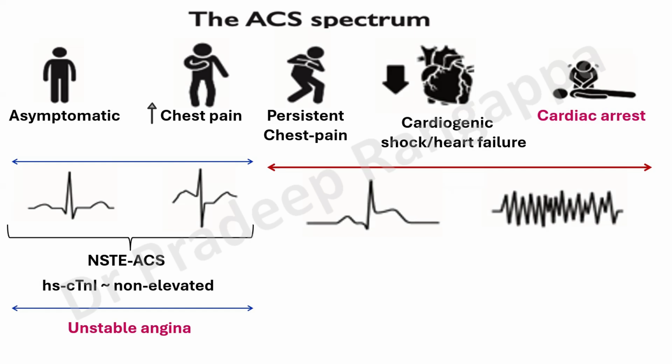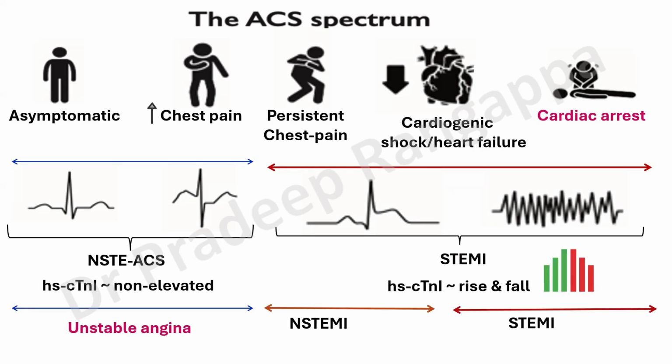In ST elevation acute coronary syndrome, the high sensitivity cardiac troponin may not necessarily be elevated, and this can be seen in unstable angina. But typically, in the patients we see with STEMI, who come with cardiogenic shock, there is a rise and fall of these cardiac enzymes. And this spectrum can be anywhere between non-STEMI and STEMI. So there are a lot of variations with regard to the ECG findings, corroborating with the clinical context, and the rise in the cardiac enzymes also can be quite variable based on the spectrum of clinical presentation, is what we need to keep in mind.